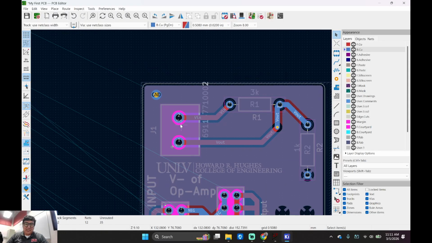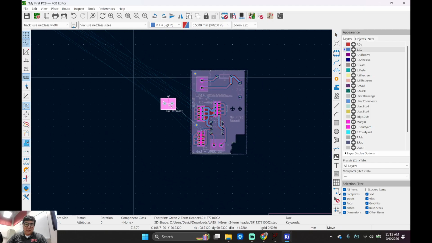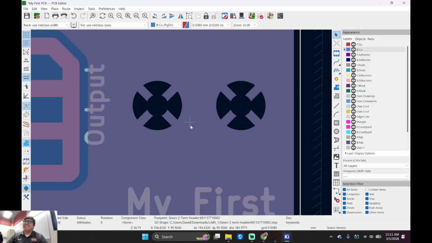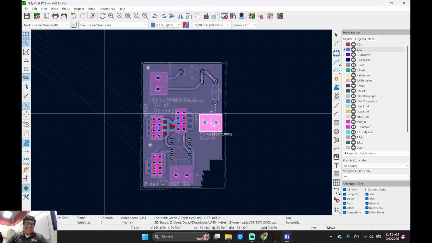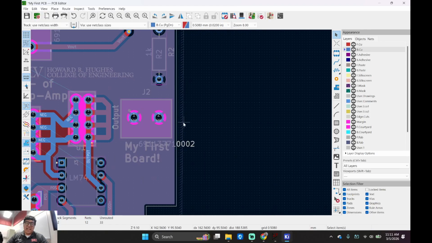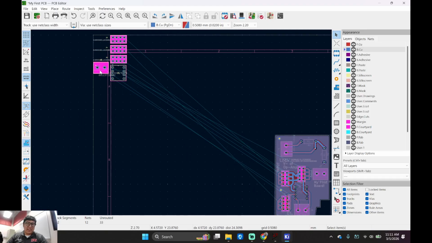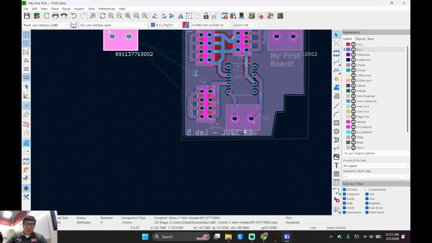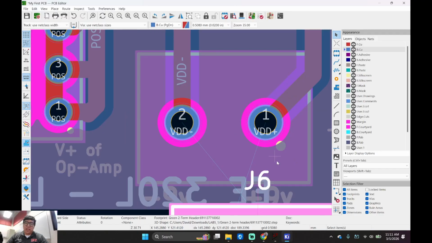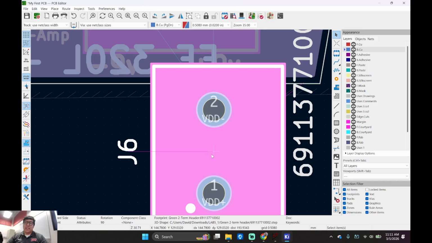Is that good? Cool? What am I going to do with this piece right here? This is connected to G and D, right? What's this right here? It looks like eyes. I'm going to try to mark that right there. Boom. Is that good? See, I'm fixing your circuit. What about this guy right here? It goes down here, right? And then look, I have VDD minus and VDD plus. This is VDD plus, VDD minus. Make sure the rat's nests are okay.